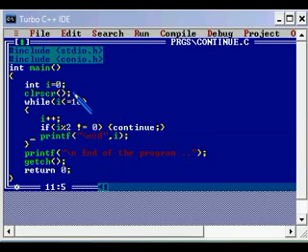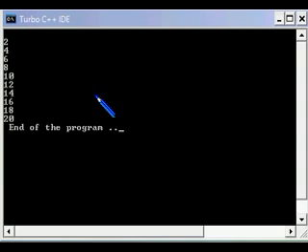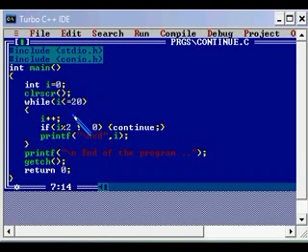If you change the value here to 20, we will be getting the values up to 20. If you want to get the odd values, then we can give the equal to sign here, so that when there is no remainder, continue. Whenever there is a remainder, then you print it.